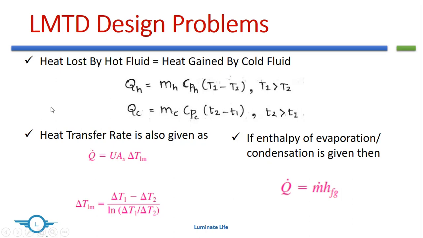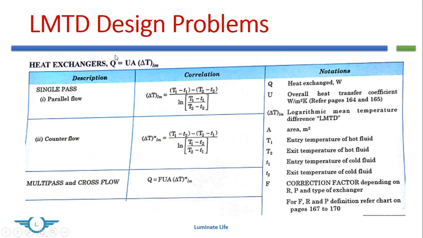And you need not worry about memorizing this equation. This data is also given in your data book. So this is a screenshot of your data book which we already discussed. If you want, you can substitute into this equation for a parallel flow to find T1, T2, small t1, t2, etc.